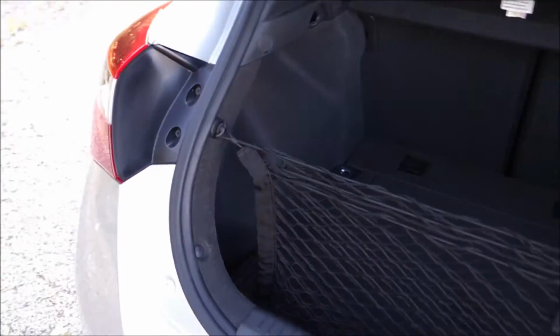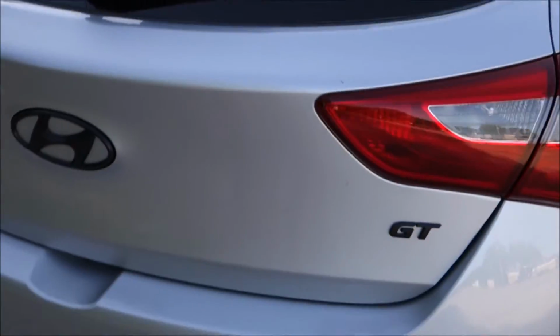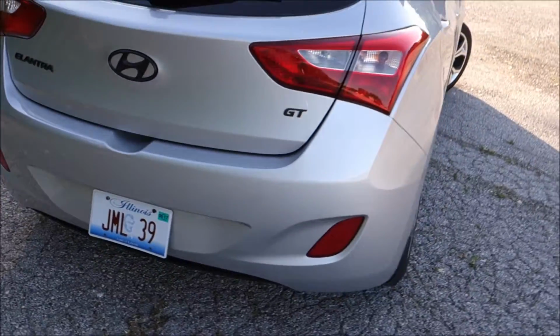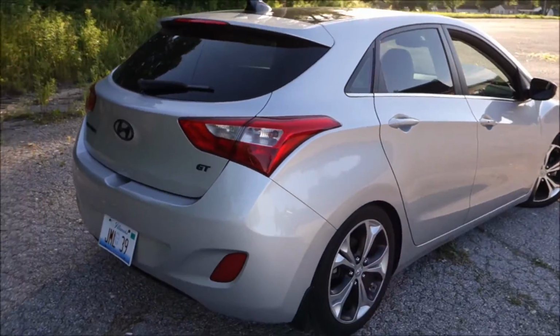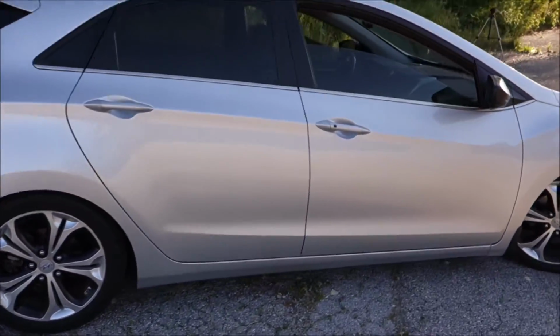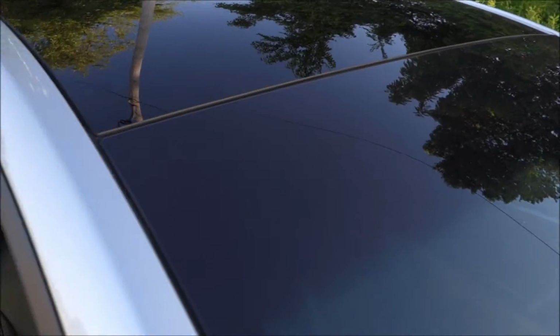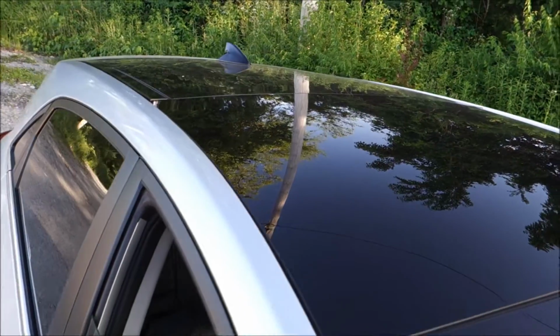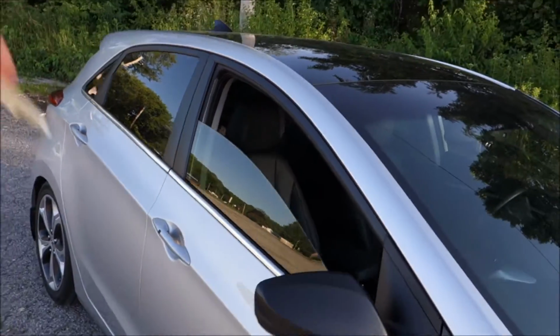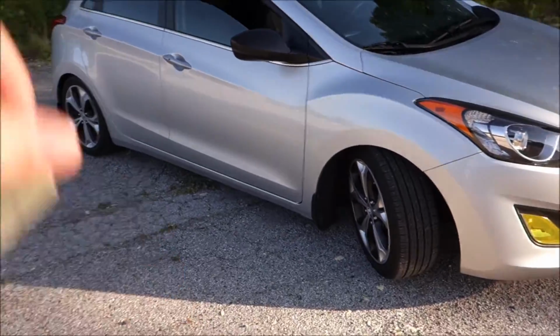Yeah, everything's holding up well. I will say that I'm very happy with the color of the car, silver. Even though it's fairly dusty and dirty right now, it doesn't show it. Panoramic sunroof's doing good. I'm actually surprised, coming to that with the springs on, it always used to make a